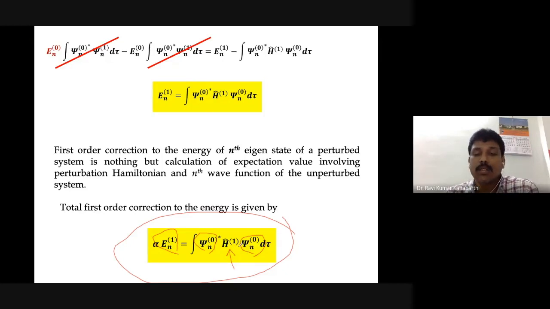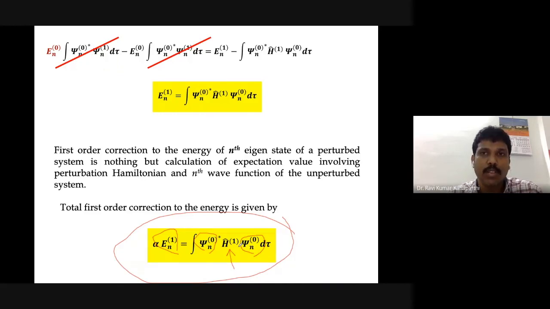So just to make the point, we have discussed a couple of things in the perturbation theory. Of course, the problems, as usual, I am not going to discuss, but after completing the other approximation method discussion, we will try to look at the helium atom problem. That is the purpose for which I am discussing the perturbation theory. Similarly, we will discuss the variation theory.